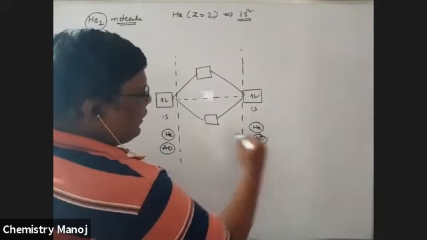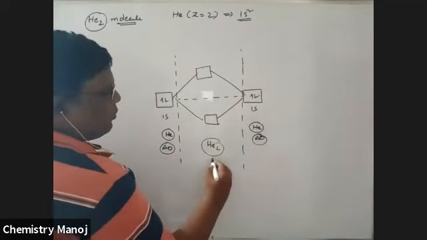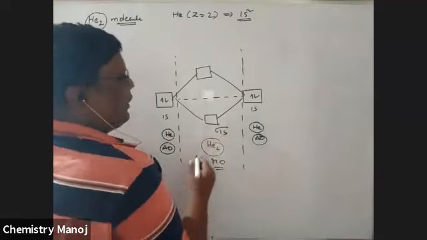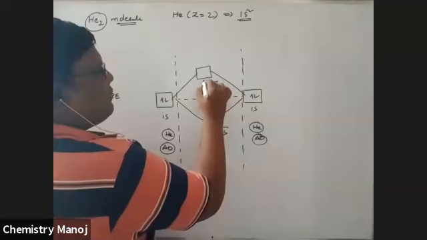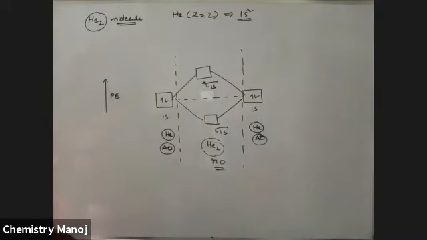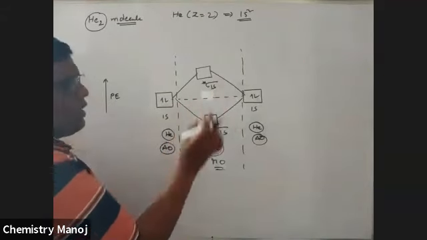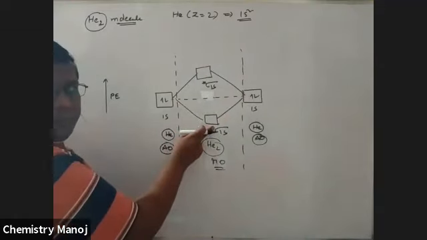This is the helium atomic orbital. It is the He2 molecular orbital. Now distribute these electrons. It is the sigma 1s orbital. This is also the sigma star 1s orbital. The upper orbital is always starred, that is the anti-bonding orbital. A bonding orbital's energy is always less than an anti-bonding orbital's energy. In between these two, non-bonding orbitals are there. Therefore, the order is bonding orbitals, non-bonding orbitals, anti-bonding orbitals.